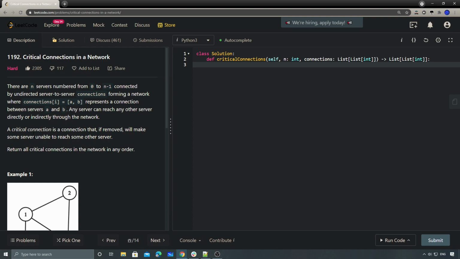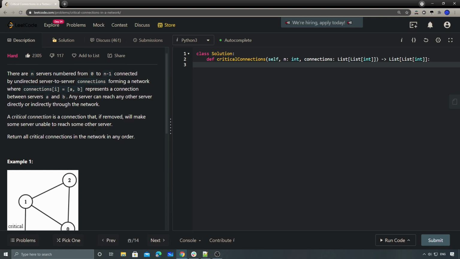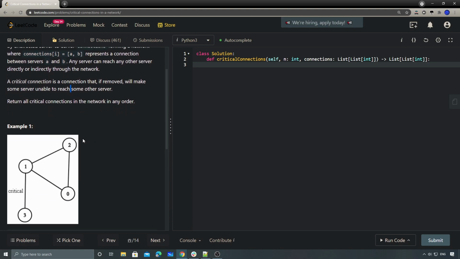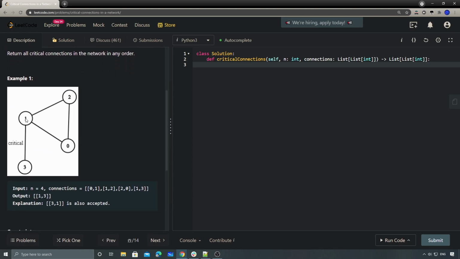So what does a critical connection mean? A critical connection is a connection that, if removed, will make some servers unreachable. Which means that there are some edges in the graph where, if you remove them, this graph will become unconnected for some parts. So for example, we have this one,